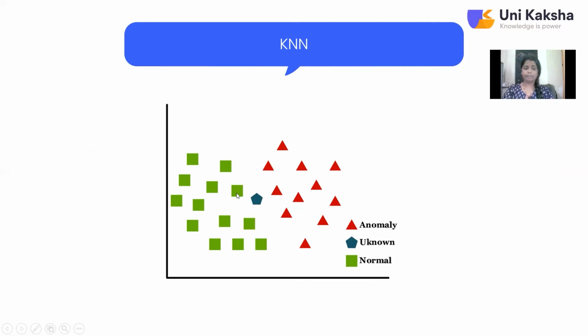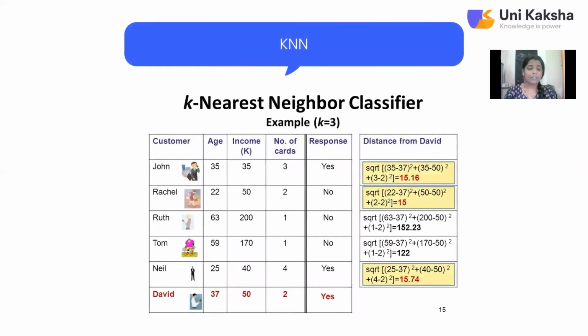Out of 5, 2 neighbors suggest that the observation should be a square, but 3 neighbors suggest that the observation should be classified as a triangle. So I'll go with the maximum vote, and as the maximum vote is for a triangle, I will classify the given observation as a triangle. This is basically how KNN works in reality. So, for example,